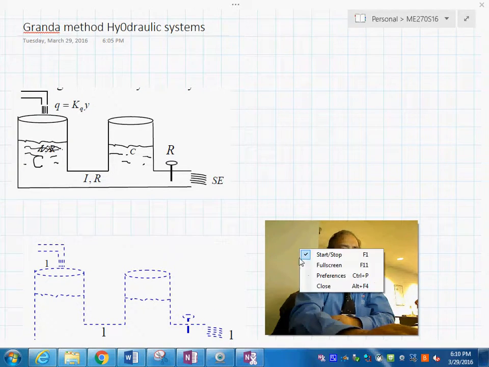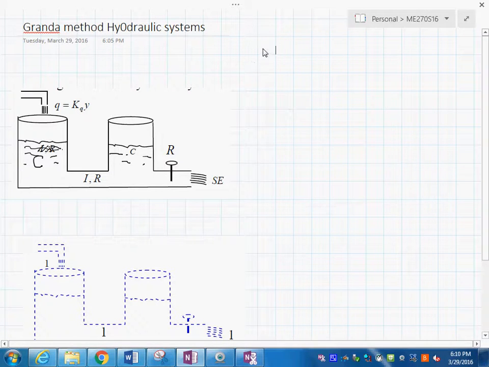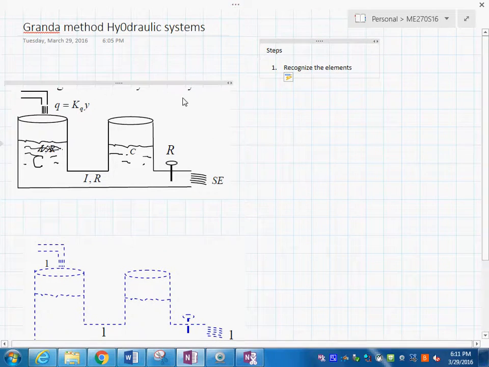So the first step, let's call it the steps. Step number one is recognize the elements. Alright, so you see I have already written in here, and recognize is